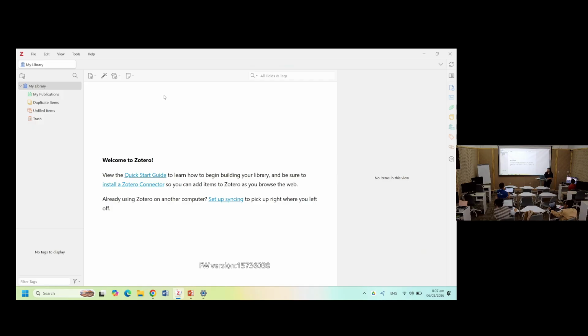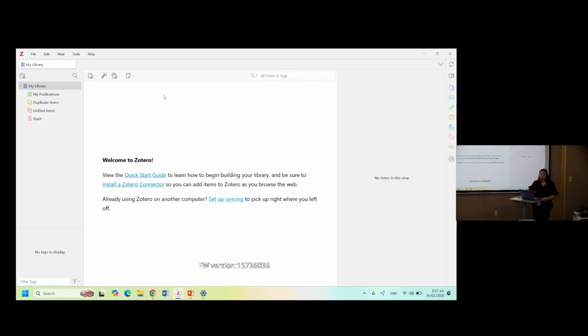Okay. So if you have Zotero, for those who already have it, of course you'll have some resources in the middle. But basically, this is the interface of Zotero.